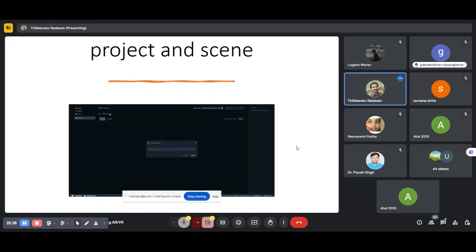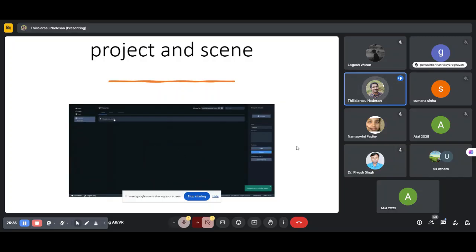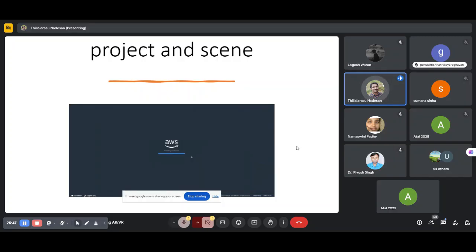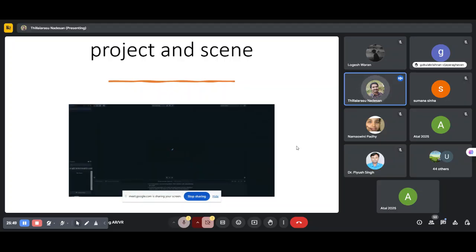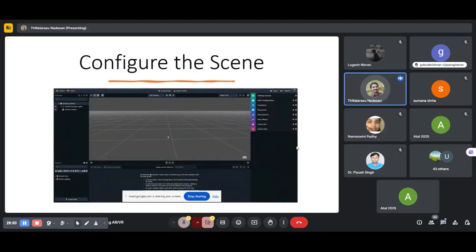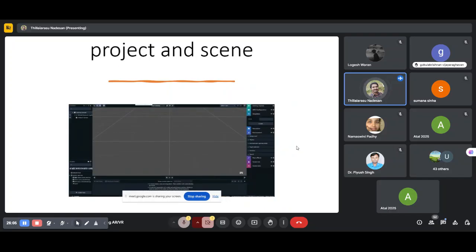Once you're done, you can go directly to create a project, and to create a project you need to import all these things. For a new project, you enter the project name and choose Create. Choose Create for a new scene. The scene takes a few or 10 seconds, then finally you can download it. In the console, enter a name for the scene and choose Create. This is how generally you create the project and the scene.